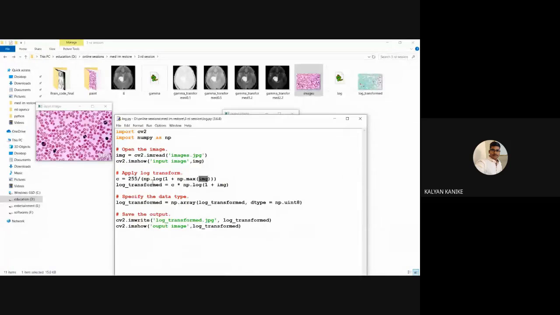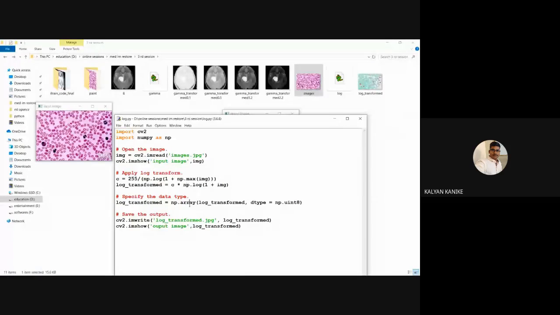So why do we have to use the log transformations? Generally, if the maximum value is 250, just for example, adding 1 gives 251. Log will create exponential values, like e to the power of minus 1.21. Some exponential values it will give. So ultimately the constant value will come in negative values, and by using this negative information, we apply it to our image.